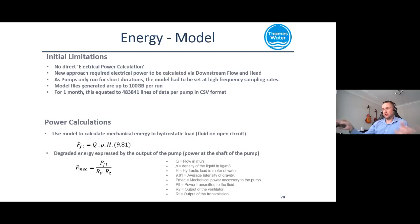I then had to take those matrices and use a calculation to calculate the electrical power that was coming out of each of those pumps. And it was very painful, and it broke several PCs. We built servers to try and run it, and ultimately I was getting to a point where it wasn't going to work too well, until such time as